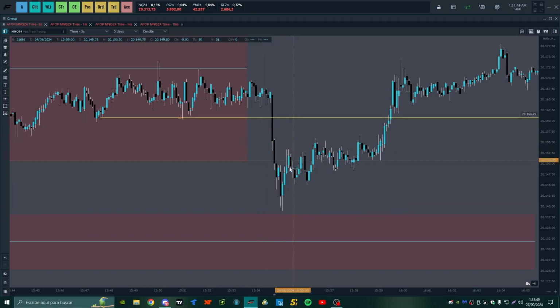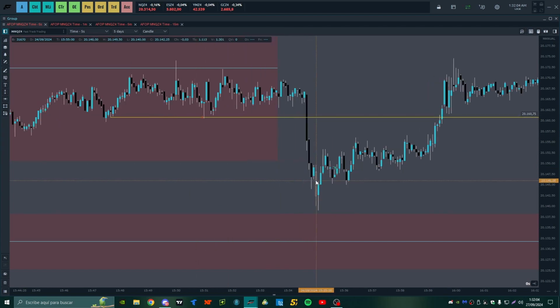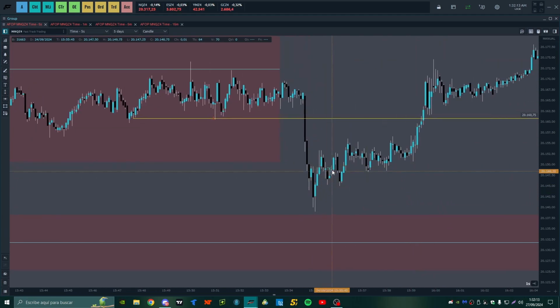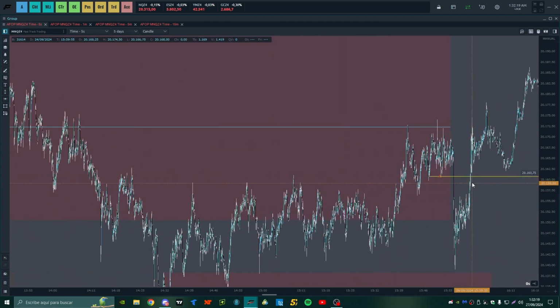Then here, seeing that it was touching like imbalance and started to fall again, it made this bullish candle. Seeing that it started to fall from that bullish candle, I placed my aggressive stop there because I'm anticipating a possible failure to set a low, which means that we can go up. Then it stops me out, comes and rejects the low, and there it starts to go up again. So well, that was the day.